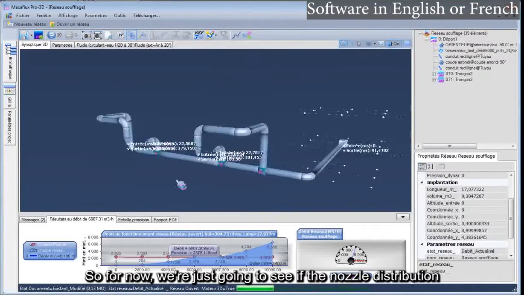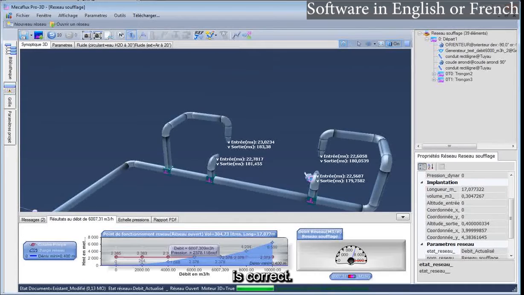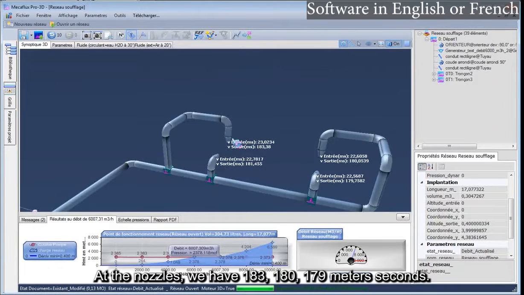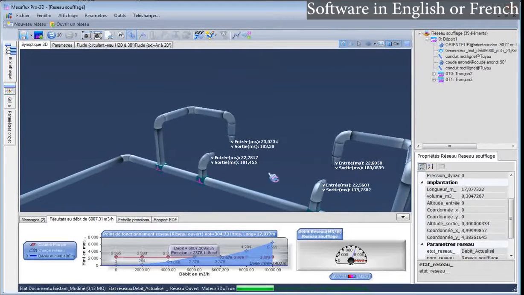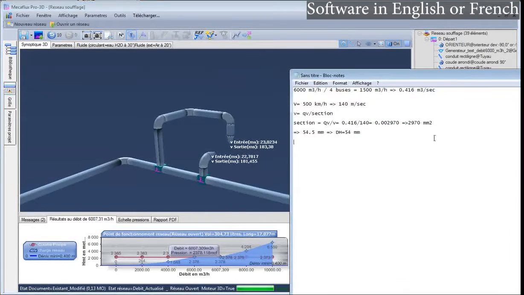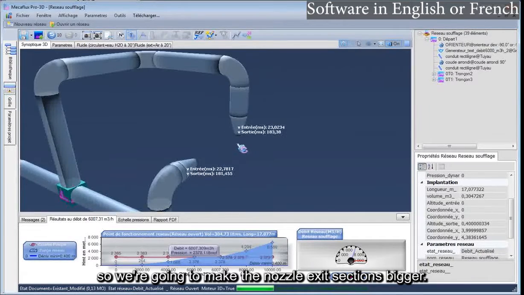So for now, we're just going to see if the nozzle distribution is correct. At the nozzles, we have 183, 180, 179 meters per second. We're going a little too fast, so we're going to make the nozzle exit sections bigger.